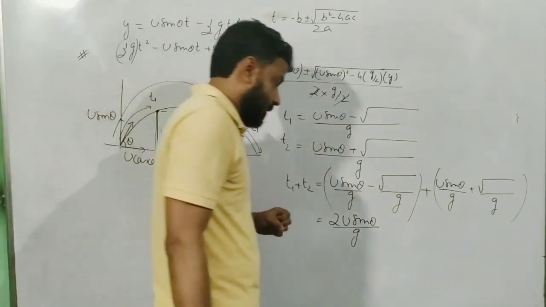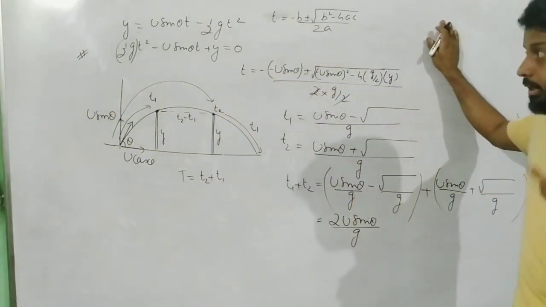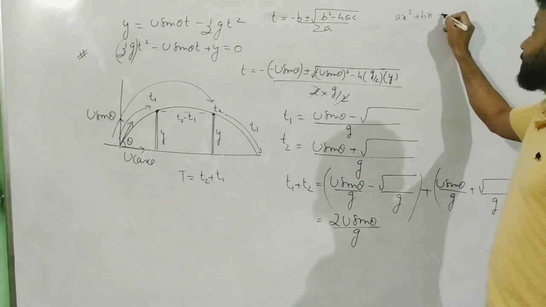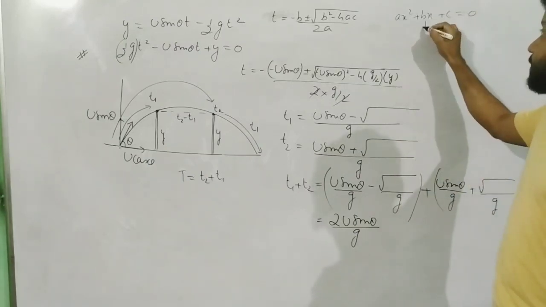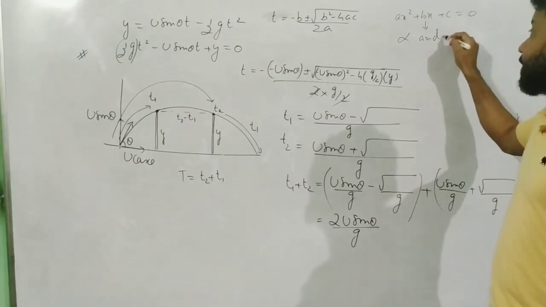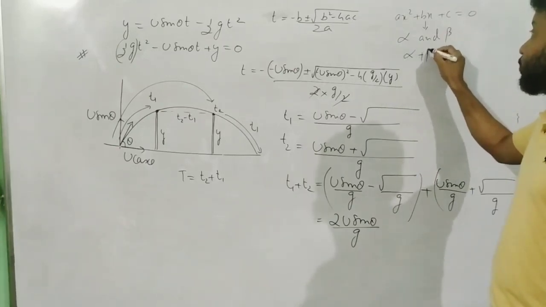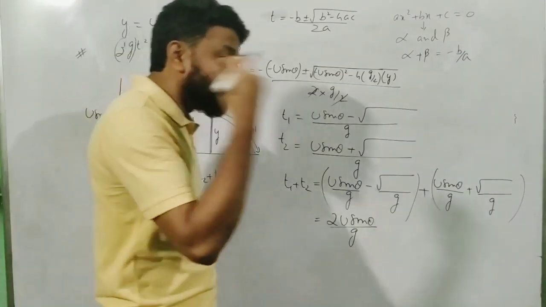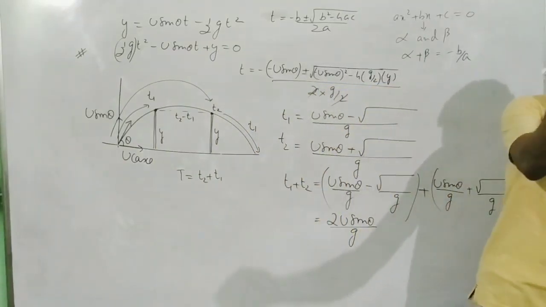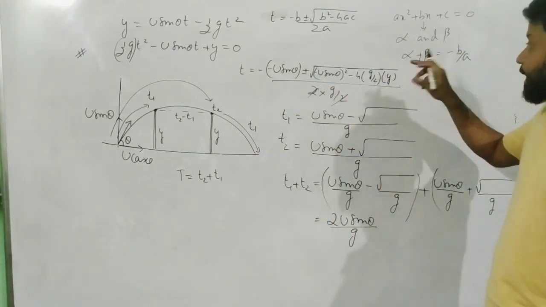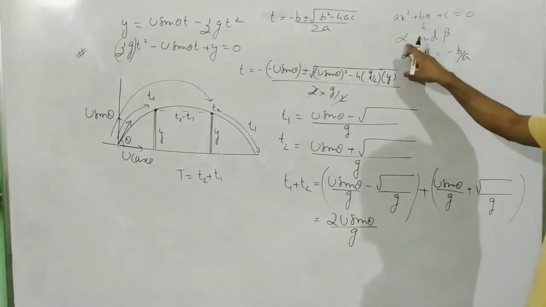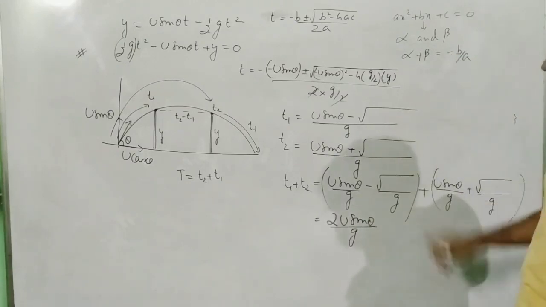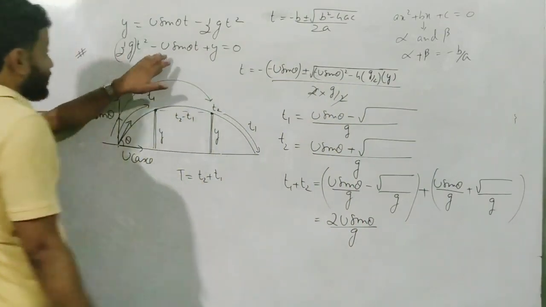In quadratic equation, we have a logic, and that logic is ax square plus bx plus c equal to 0. Let us say that this quadratic equation has two roots, alpha and beta. I hope you know this. Then the addition of two roots, alpha plus beta, is always equal to minus b by a. Why is this very important for us over here?